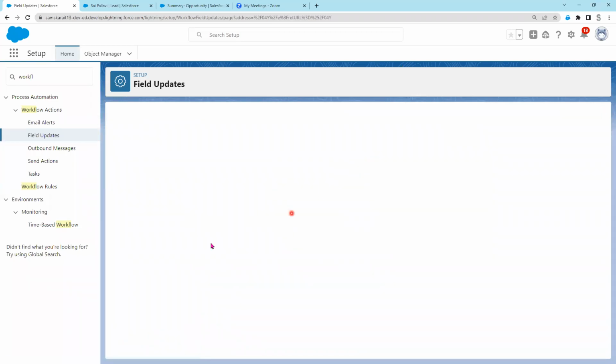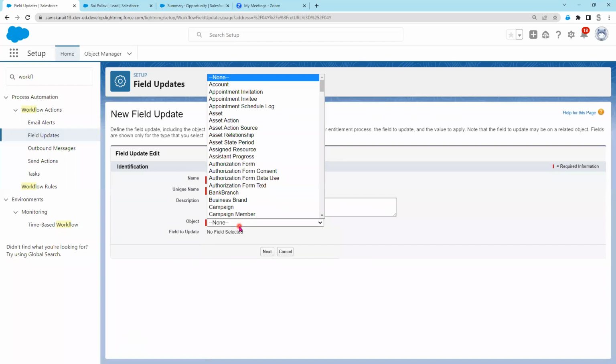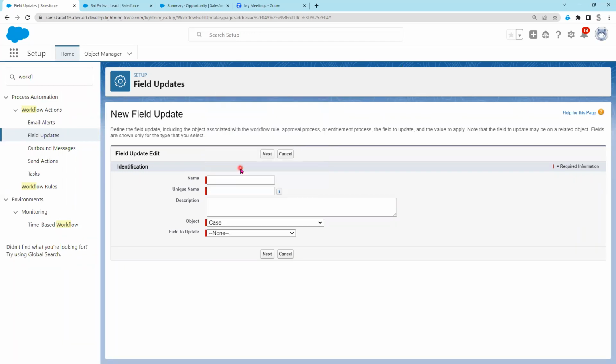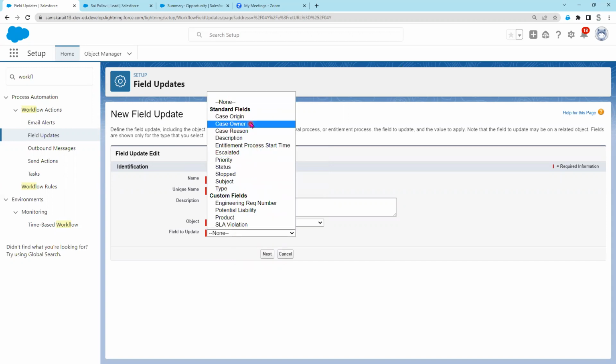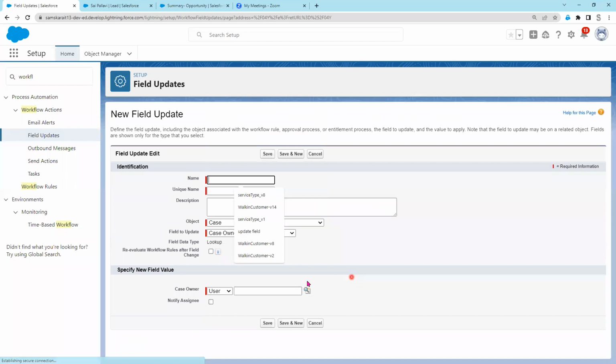Let's click on a new field update. Let's take the case. Field update, case owner. Now, here it says user and queue. User and queue. Now, if I choose a user,